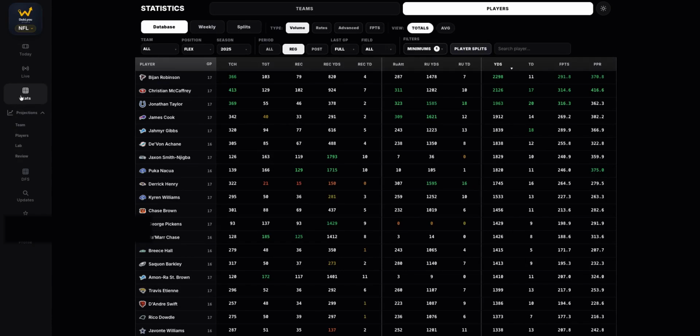So right now I'm just in the stats tab in the players view. We have the database, weekly splits. I'm planning to merge the splits section into the database, so that won't be there much longer. But anyway, there's lots of filters here, which we'll get into a lot more in future videos. But for right now, I just wanted to open up